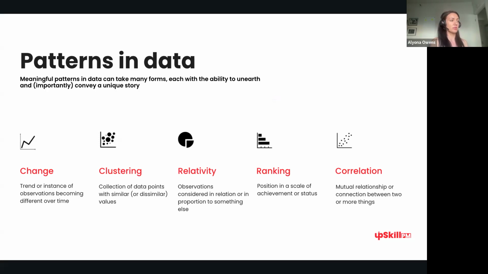Examples that I'll give you for the change and how you can show it. For clustering, have you ever used clustering for any of the metrics? Yeah, so it's a collection of data points with similar or dissimilar values, and then just showing where they are. On Y and X you have the measurements, and you're showing where the majority are, let's say women in their 20s, 40s and 50s,